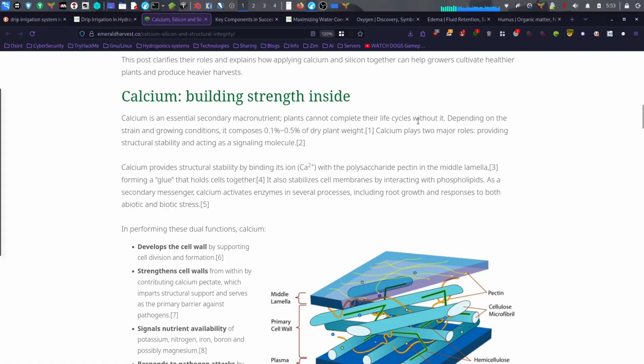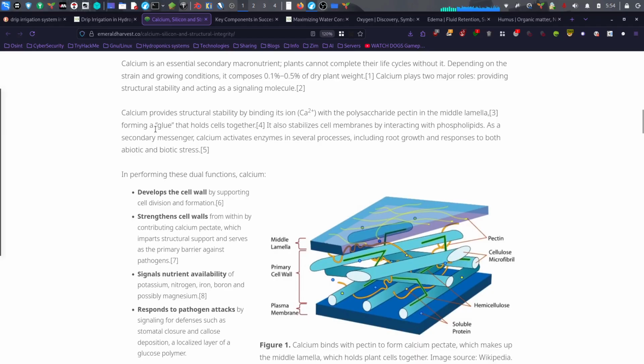Calcium plays two major roles, providing structural stability and acting as a signaling molecule. Calcium provides structural stability by binding its ions, calcium 2+ ions,